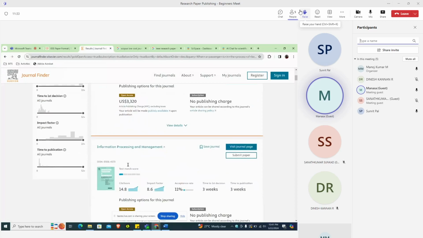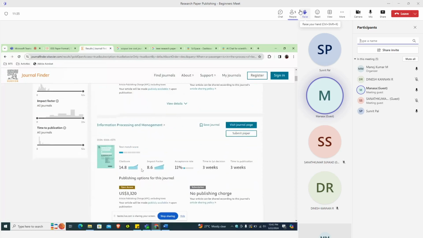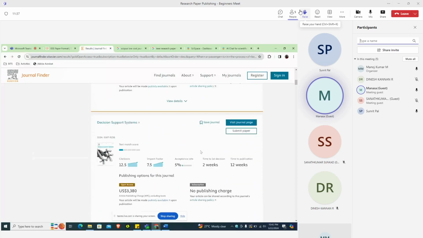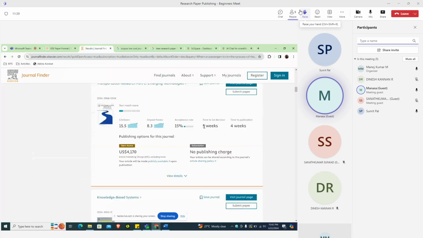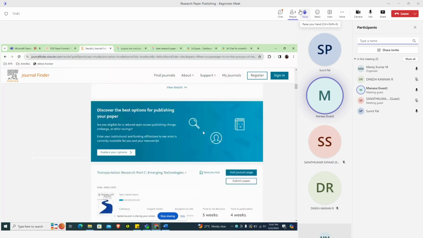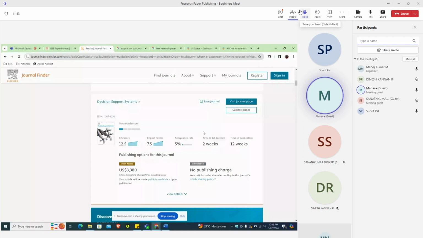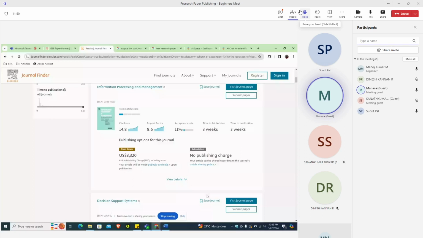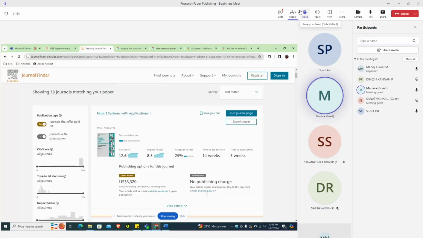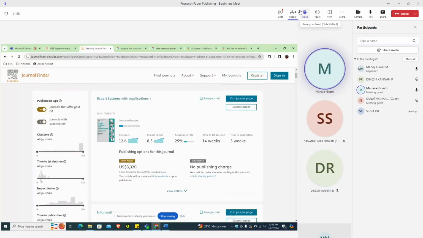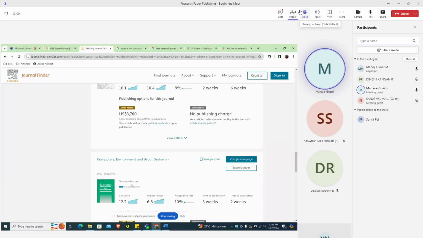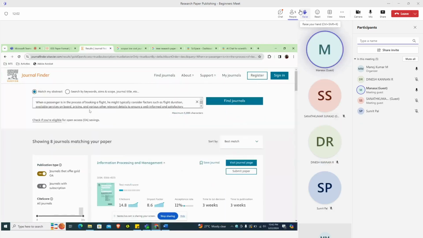So here most of it will be 3 weeks, usually it's more, 5 weeks and all. So it's better to choose journals which give the first decision within 2 weeks, so that we have time to revisit and do the changes. So here we can adjust for the first time decision and look for it. And if we keep modifying our abstract a little bit,